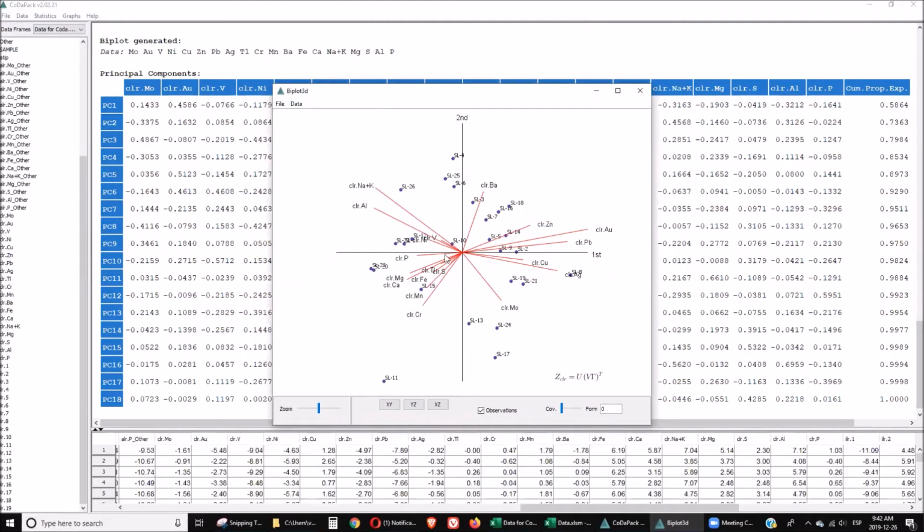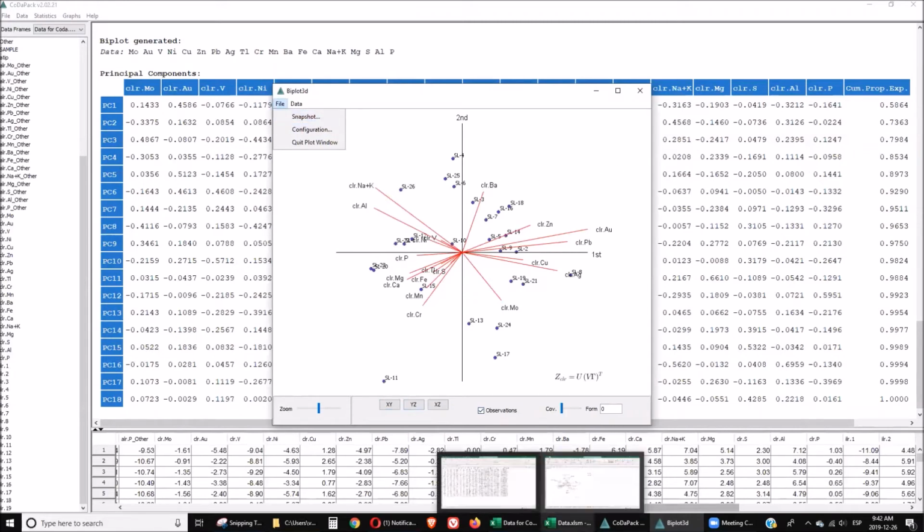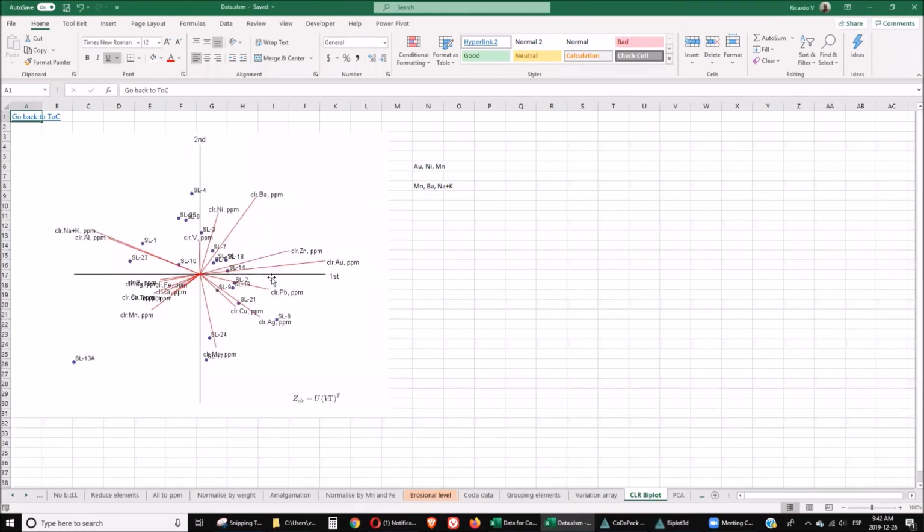So now you see the samples. You can zoom in, zoom out, change the orientation of the axis, increase the covariance, and of course you can take a snapshot and then go back to our Excel and just paste it. Now, the way to interpret this, just very quickly,